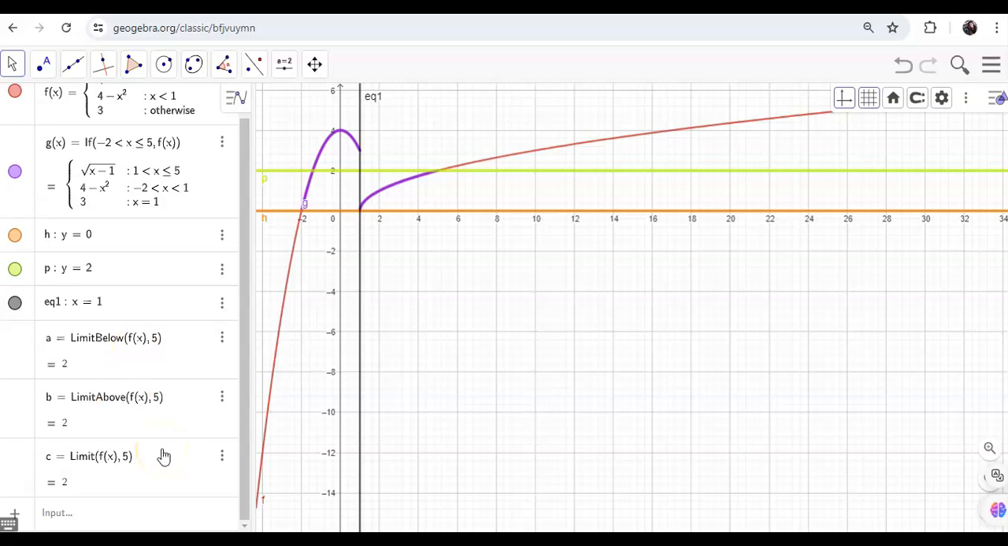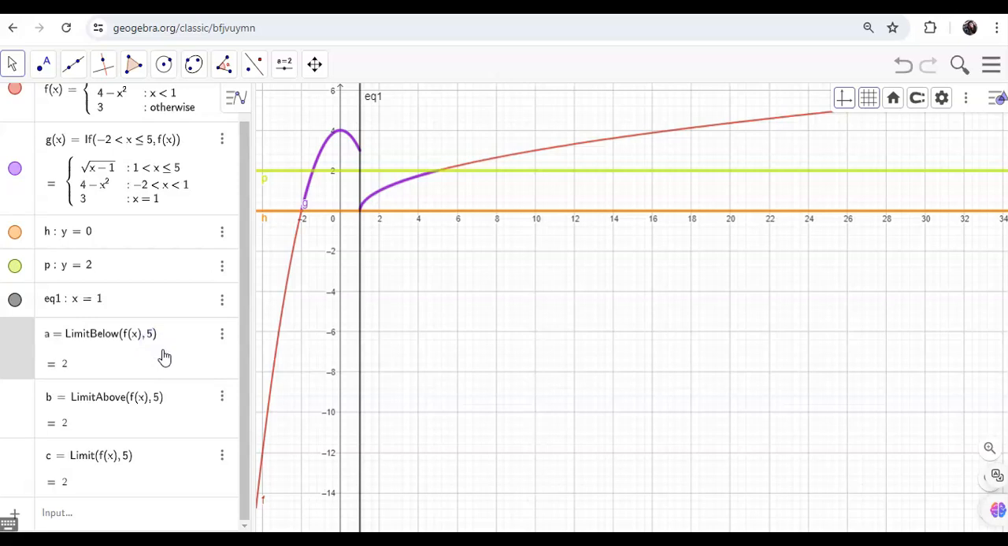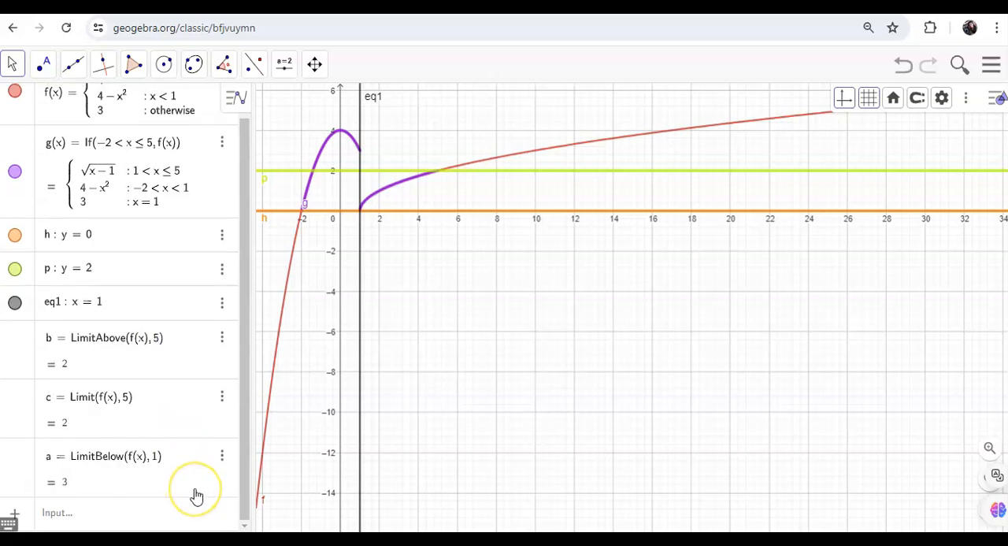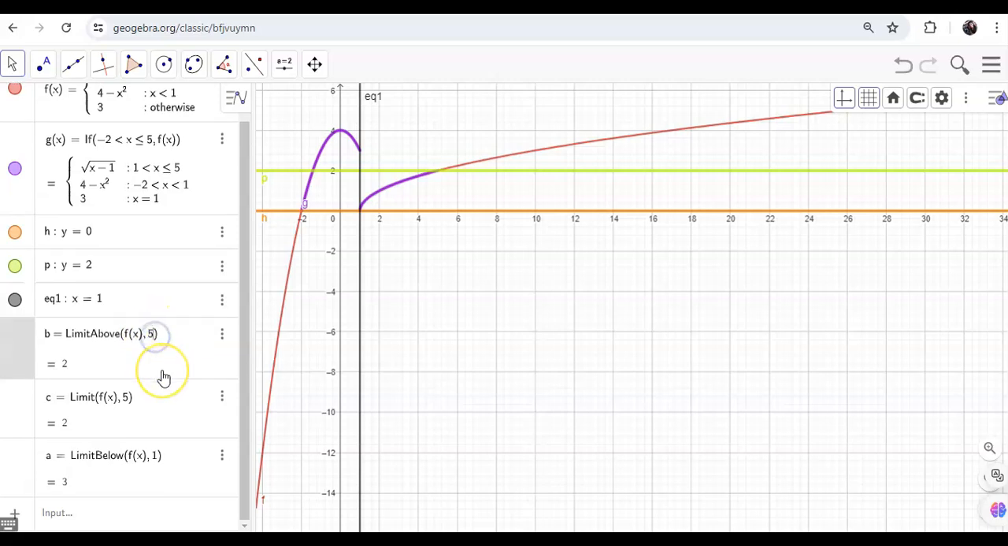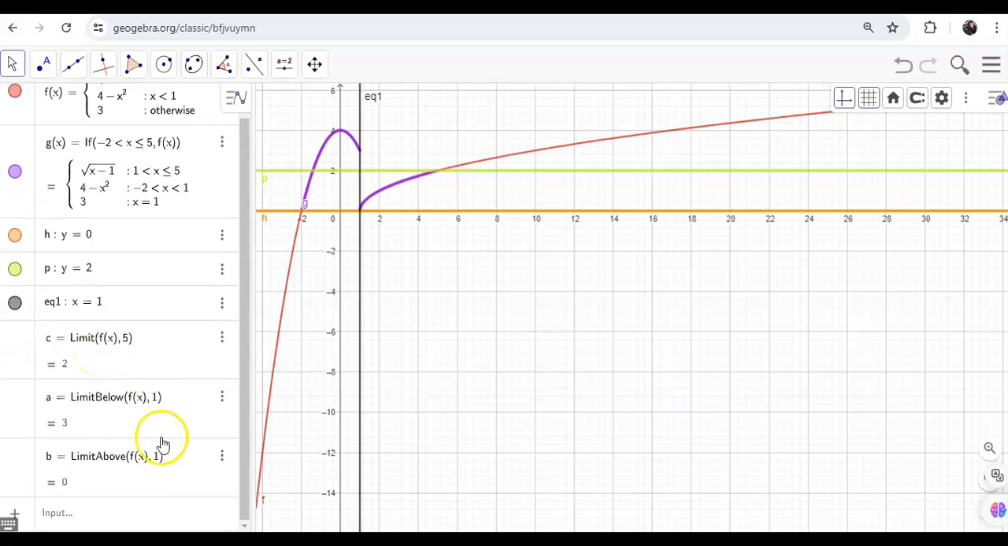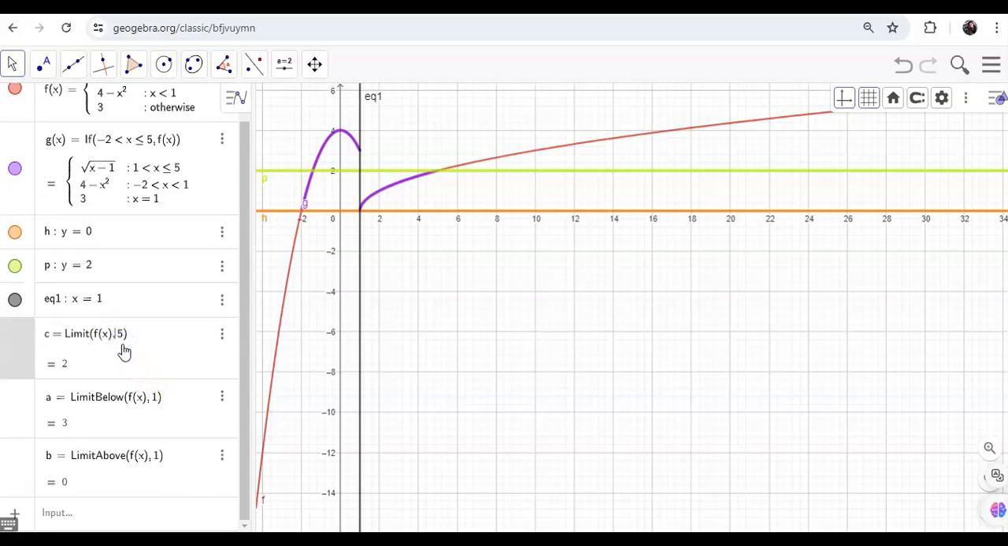Now let's compute the limits as x approaches 1, which is the x value of the point of discontinuity. So we type here 1. As x approaches 1 from the left, that limit is 3. Okay, and then the LimitAbove. So the limit of the piecewise function as x approaches 1 from the right is equal to 0. So the left-hand limit and the right-hand limit are not equal. So we can say that the limit of the piecewise function as x approaches 1